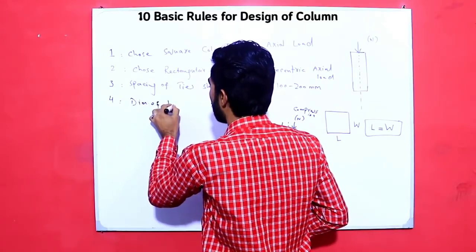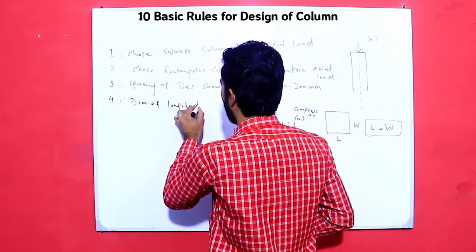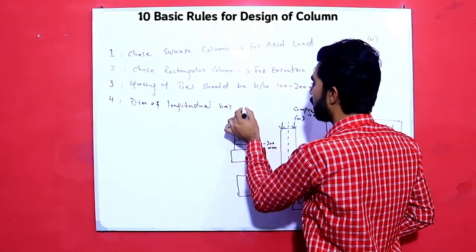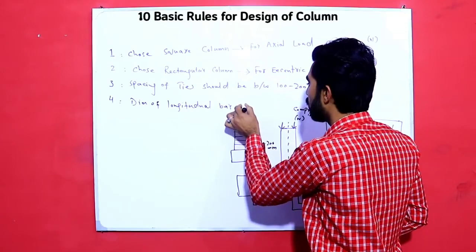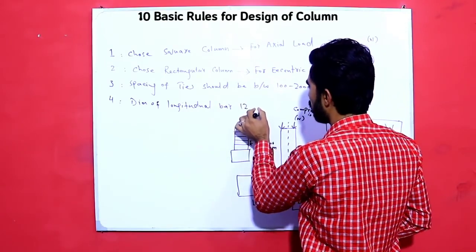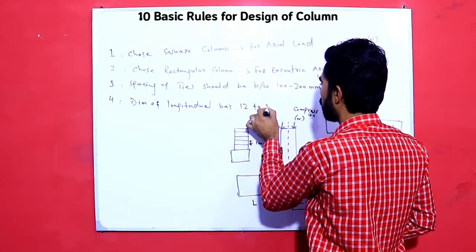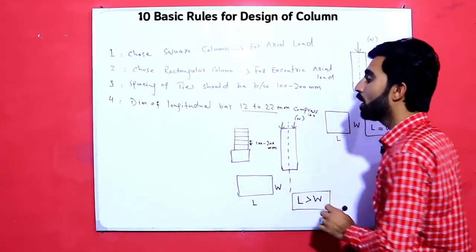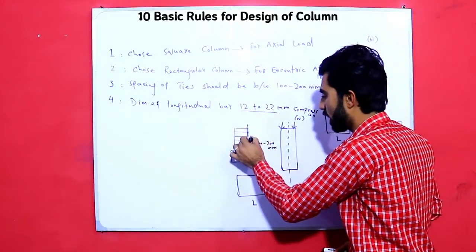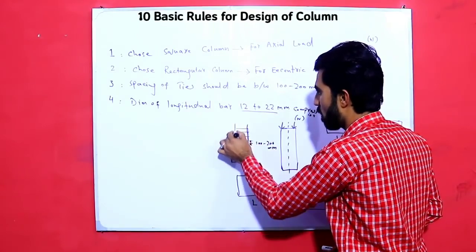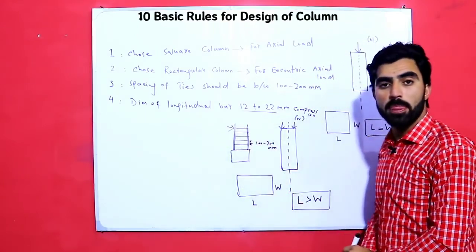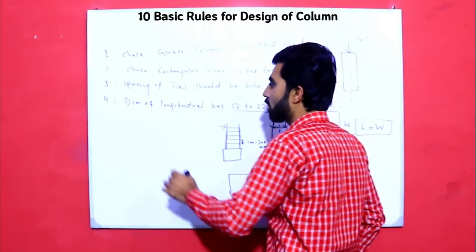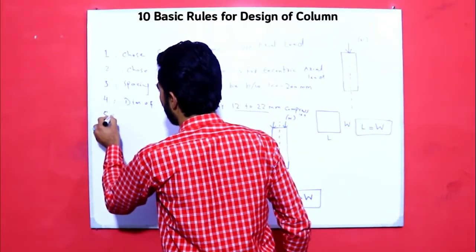the diameter of the longitudinal bar, that should be between 12 to 22 mm, okay, longitudinal bars, this diameter. Right. Now guys, the fifth basic rule of design of column, that is fifth,